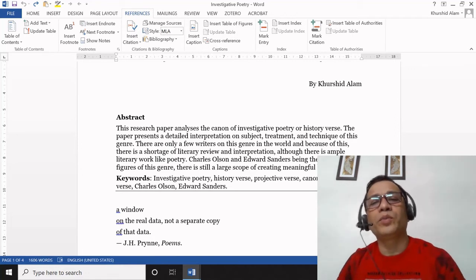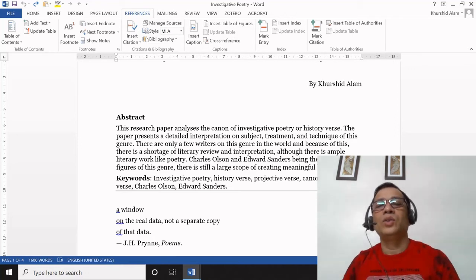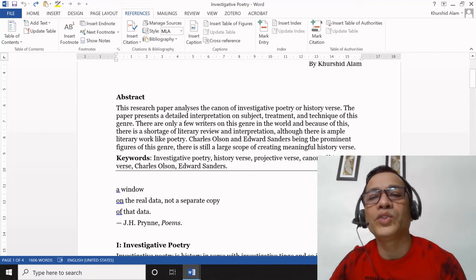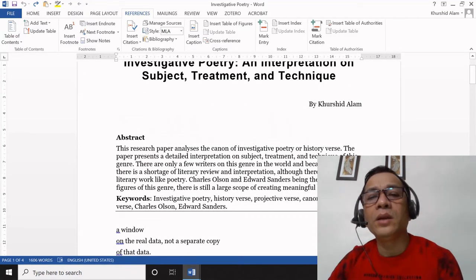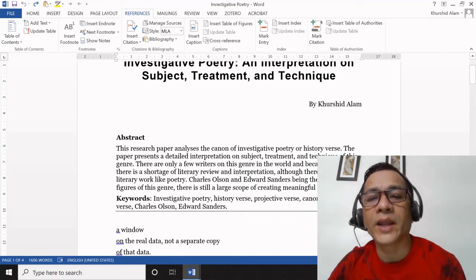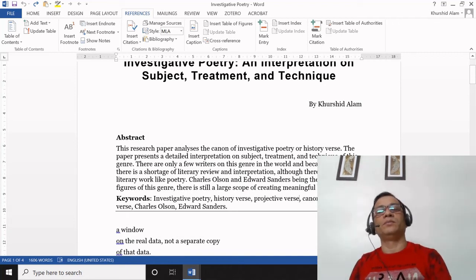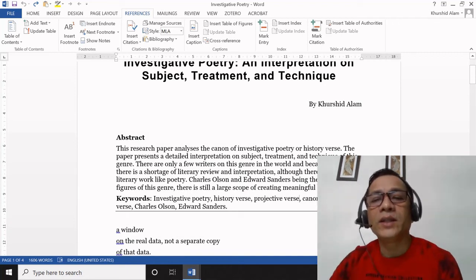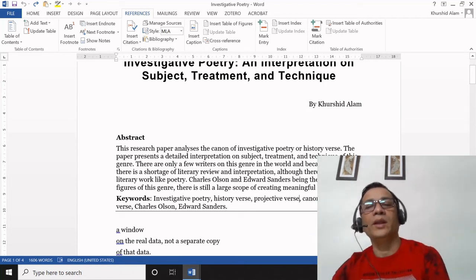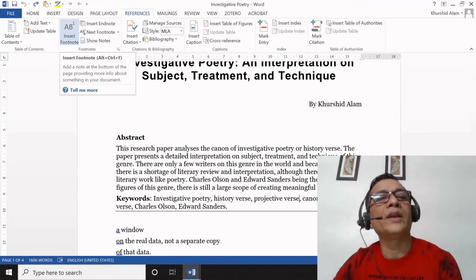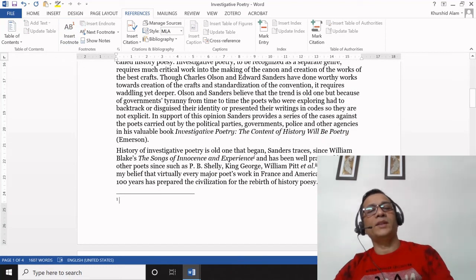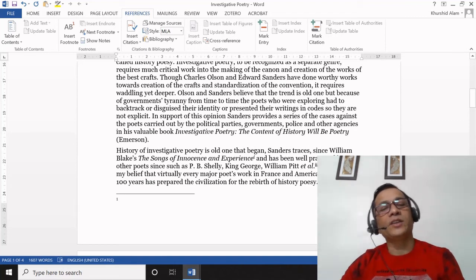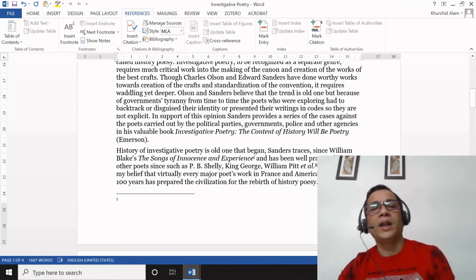Now, if I want to provide some information to the term projective verse, then bring the cursor here at the end of the term. You can see that the cursor is blinking here. Then click Insert Note. You will see that one citation has been automatically added at the footer.